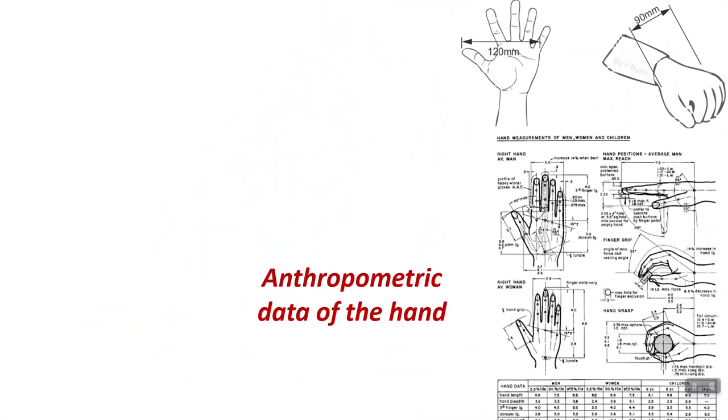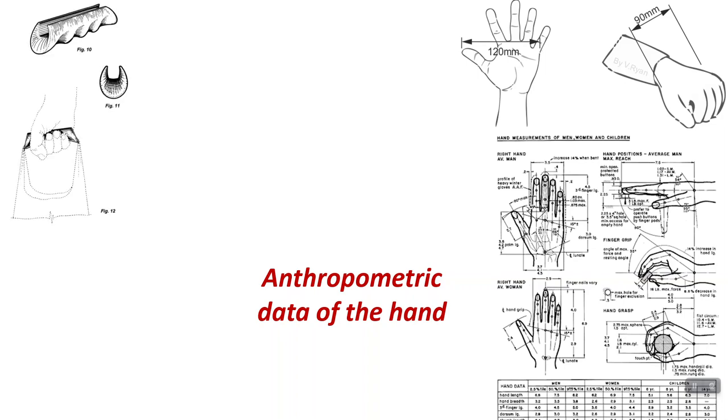So, for example, we study the anthropometry of the hand. So the size, how the finger moves, when we close our fingers, what is the shape of the hand, what is the size of the hand when it is closed, when open. So what are the movements I can do? So why do we study these movements? To be able to design, for example,